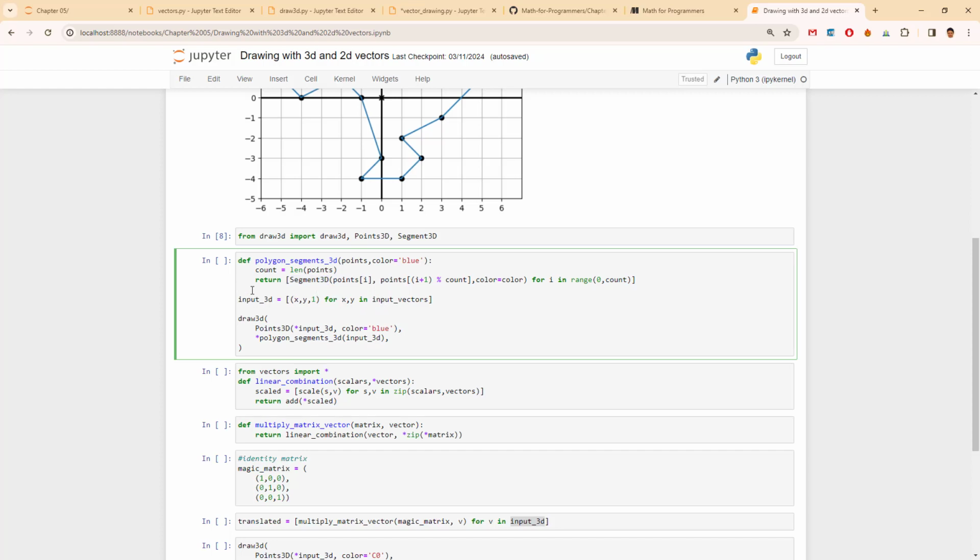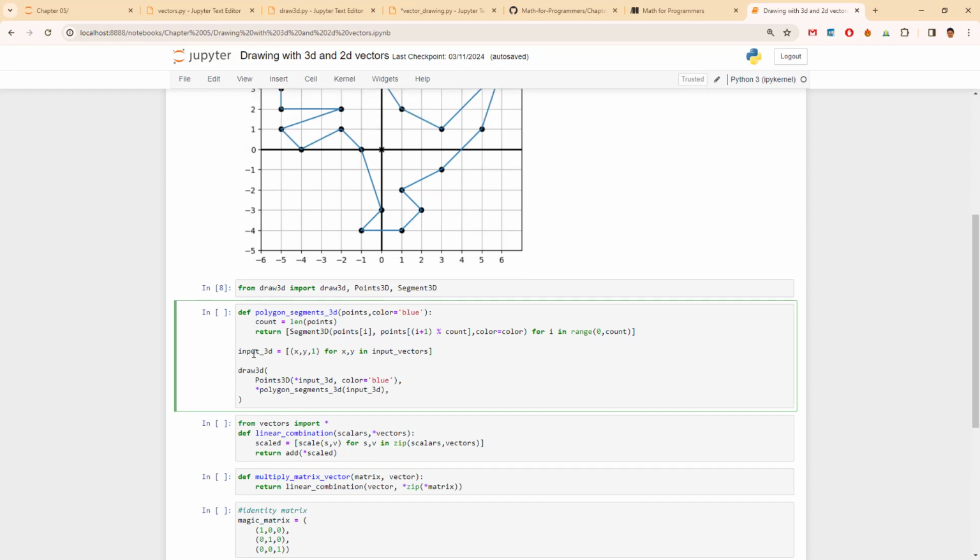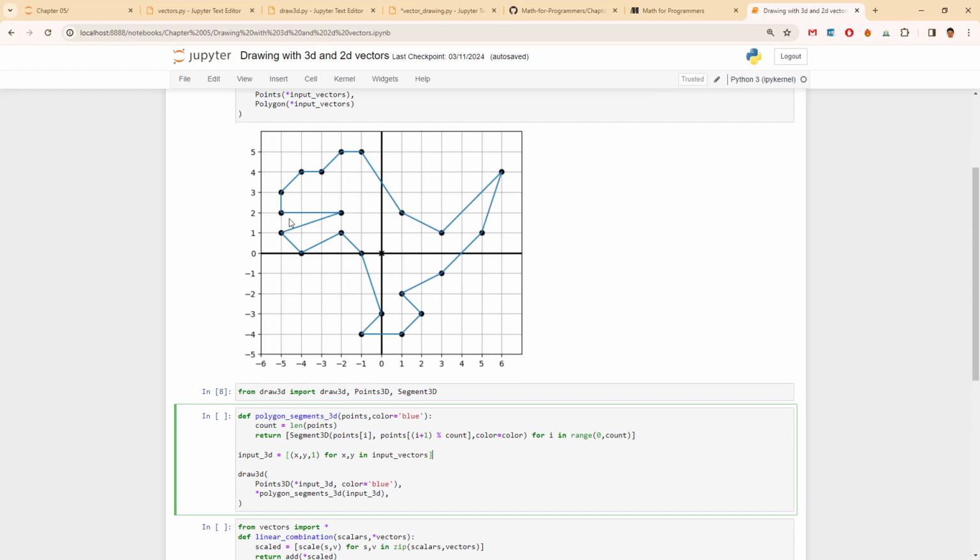And what we would be making is the interesting thing, input 3D. We will be putting x, y and adding a 1 for each x, y in the input vector, and then we would present this picture here